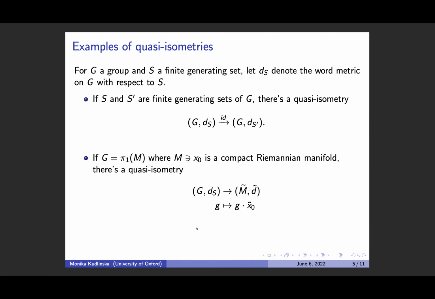Okay, so you see, there are many different ways to put a metric on a group, and they're all defined up to quasi-isometry. And so the motivating and very natural question to ask is, how much of the algebra of my group is preserved under quasi-isometry? How much information are we losing each time we pick a different geometric model? How much can the situation change?